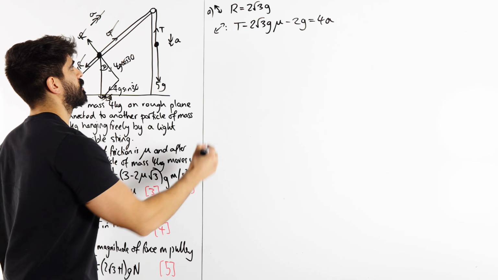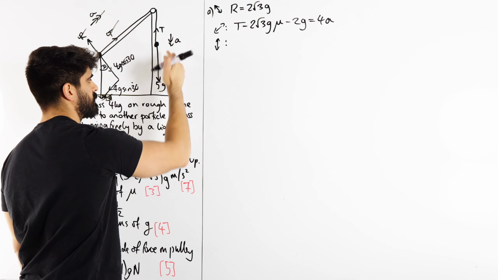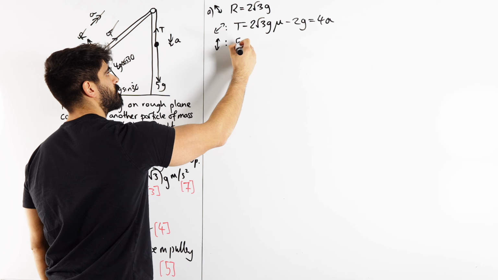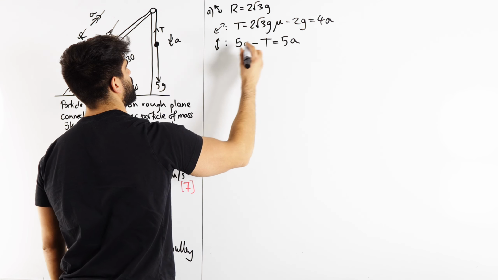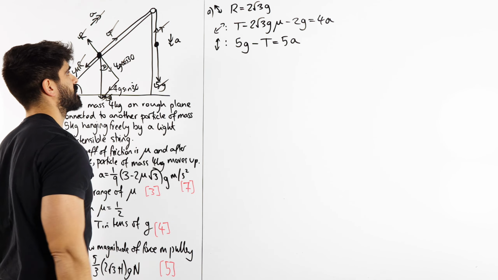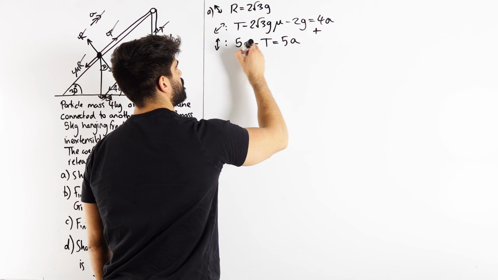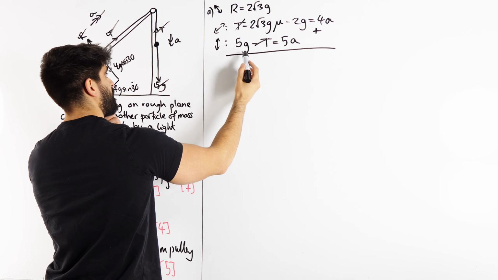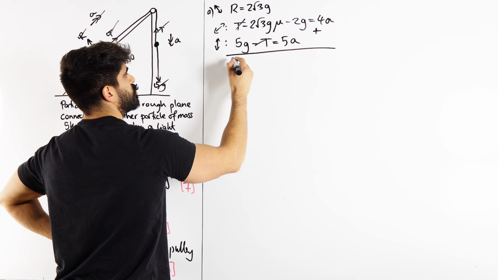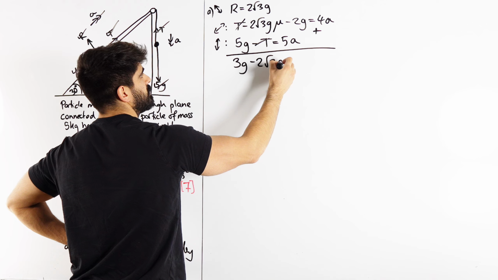With the second particle, looking at the up and down, there's only movement. So the positive force is moving down, 5g, subtract T is the mass, 5a. Everything's ticked, I'm happy. So we're going to add these two to cancel out T. If the Ts don't cancel, you've done something wrong. So we are left with 5g minus 2g, which is 3g, minus 2 root 3 g mu,